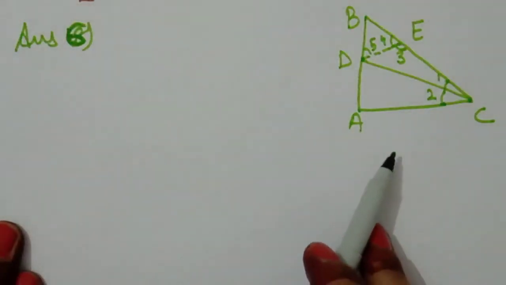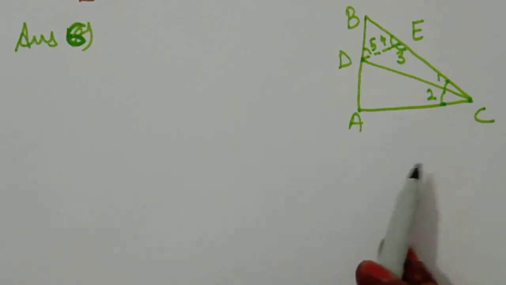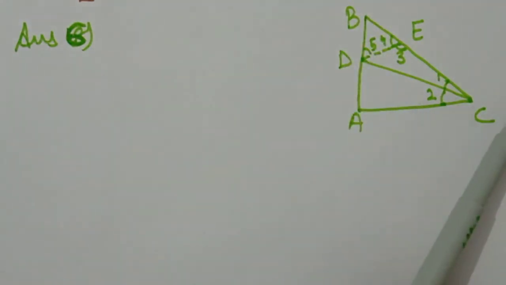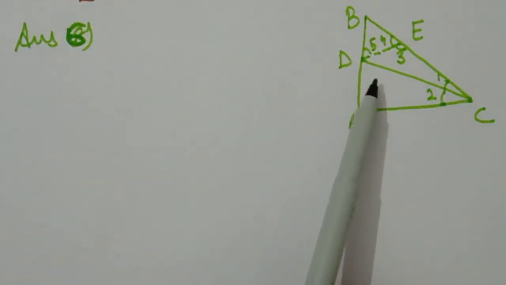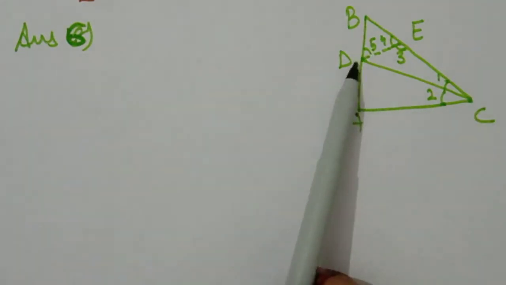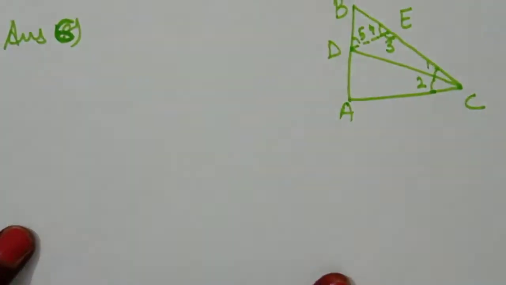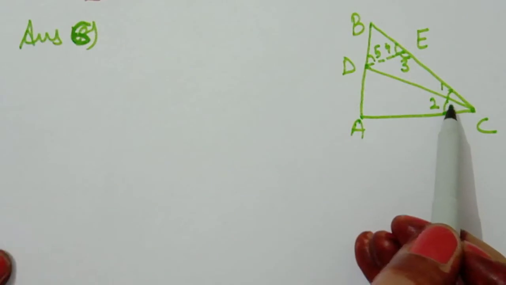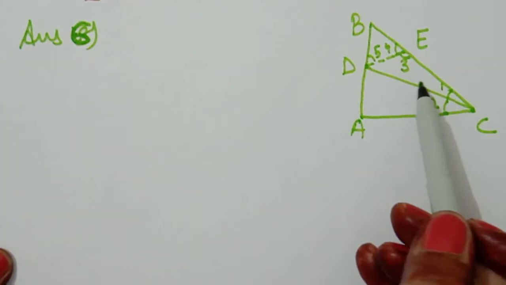So students, this is your 6th question diagram, and we have ABC, a right angle triangle at point A, in which AB is equal to AC and the bisector of angle C cuts at point D on the side BA. We have to prove that AC plus AD is equal to BC. So what is given, I already marked all the angles. This is angle 1 and 2. This is the bisector, so they both are equal to each other. This is angle 5, 4 and 3.